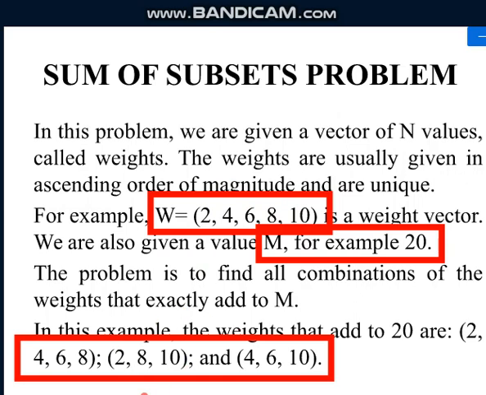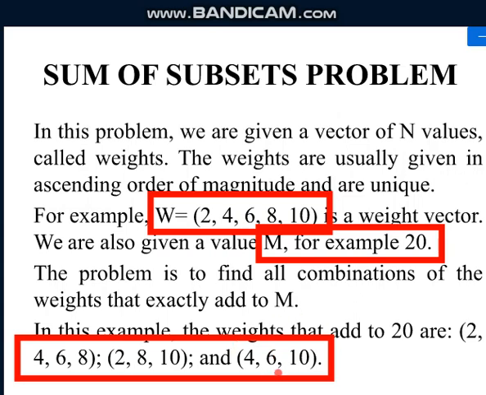So if you consider the second solution, here you have only 2, 8 and 10. That means you have considered 2, so for 2 the value will be 1. You have considered 8, so again for 8 it will be 1. You have considered 10, so again for that it will be 1. So what does the solution set say? It is 1, 0, 0, 1, 1. So you have not considered 4 and 6.